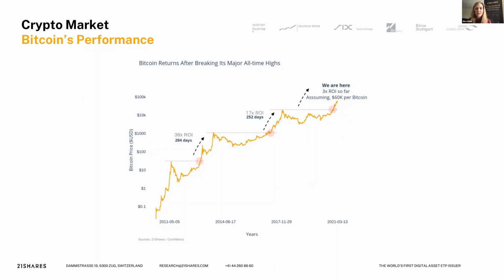Then the price increased 38 times to over 1,000, and in 2017 from about 1,100, 1,200, then 17 times up to just under 20,000. So now we are in the cycle where we are at the moment, crossing about 58,000 this morning. And we now think this is the time where it will be even more extreme, because since Corona, not only